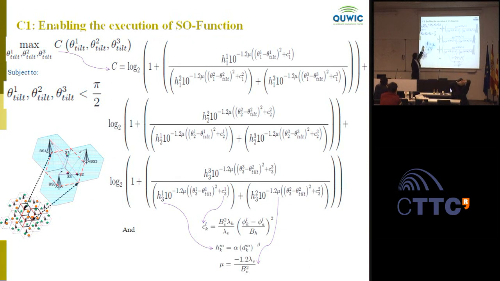What I have done is plugged in the expression we need to optimize over tilt 1, tilt 2, tilt 3. And these constants are further expressions of vertical beamwidth. And so you see, again, it's not convex. But fortunately, since it's a small-scale problem, not a large-scale optimization problem, we are able to